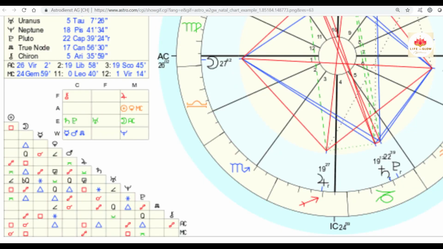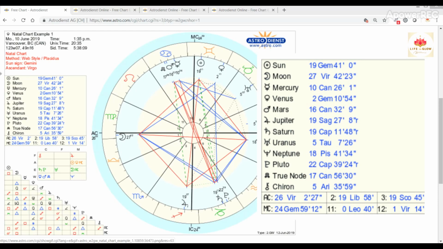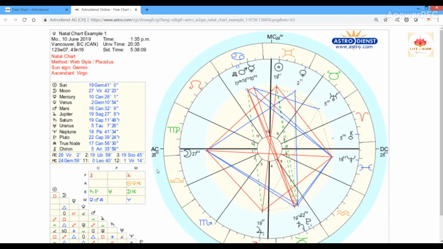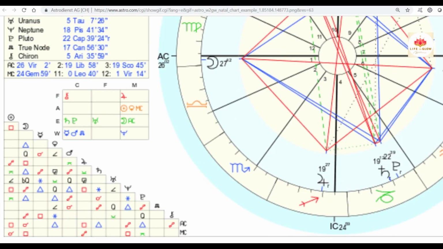You can see here also an aspect table, and this table can vary in look from software to software. In this case, it's quite easy to find out which aspect is between which planets if you know the glyphs of the planets. So it's really important to remember and learn the glyphs of the planets. And there's also a small table showing positions of planets in regards to elements and modalities. It's interesting that here there are practically no planets in the fixed signs. There's only Uranus, which is now in Taurus, and Taurus is a fixed sign. And essentially most planets are in cardinal or mutable signs, which of course will tell on the character of the